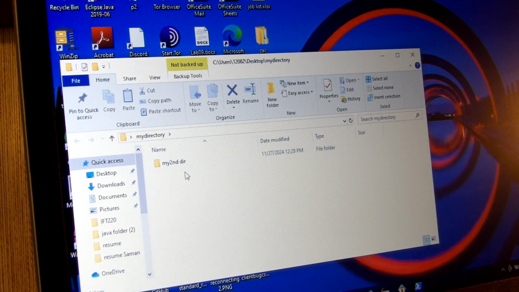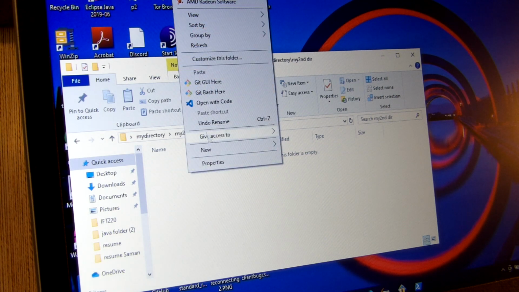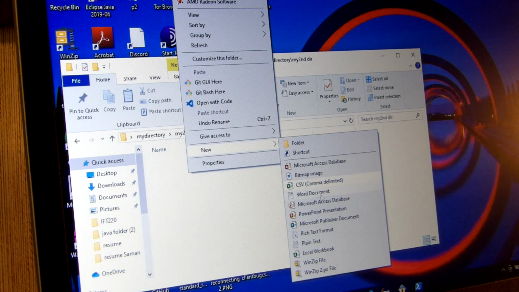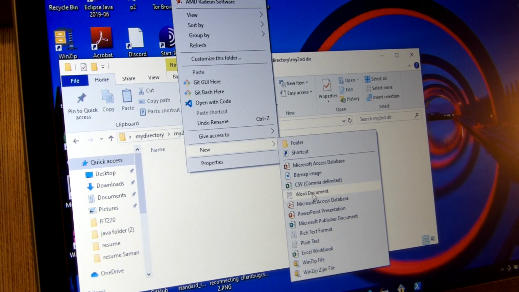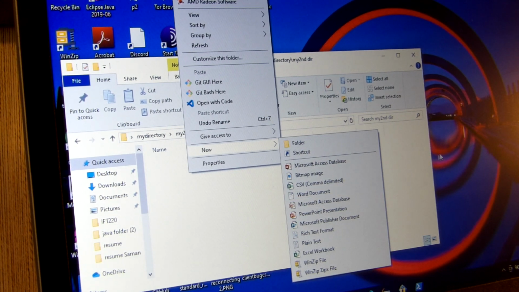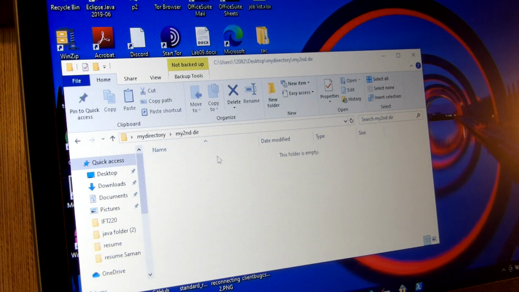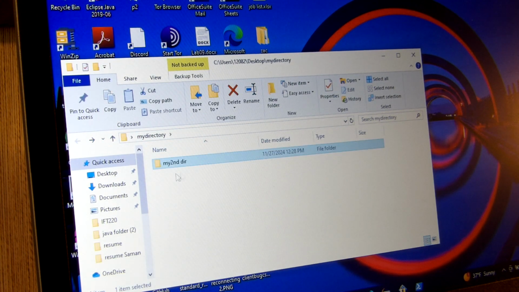See, you made a directory yourself. You can also open this one and make a new file, a Microsoft Word document, so you can write Word, whatever. So this is just doing